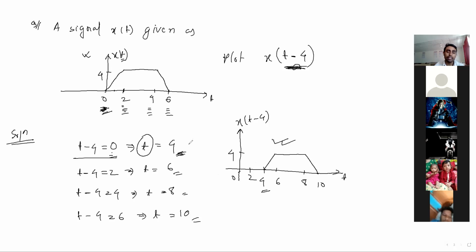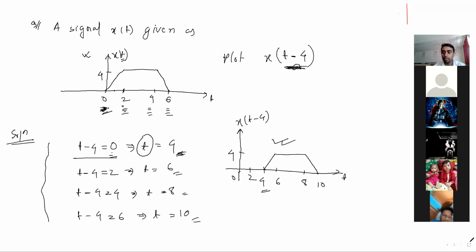Okay, I think it's clear. Yes, sir. These steps you have to show when the problem carries 2 marks. Otherwise, you can directly know the things. I am saying that when t minus 4 is coming, we directly shift the signal to the right side by 4 units. Like that, you can directly plot the signal. I think the concept is clear. If anyone has doubt, you can ask.